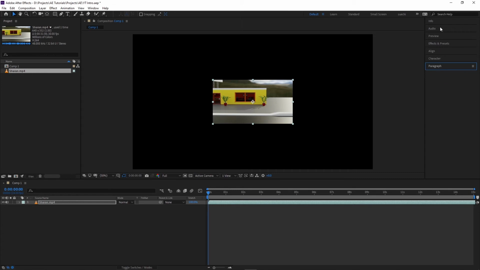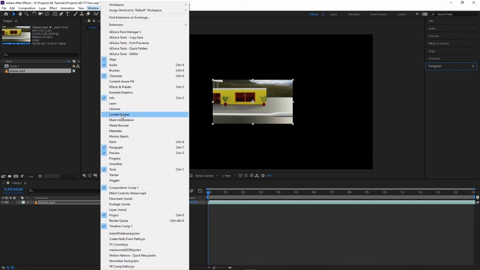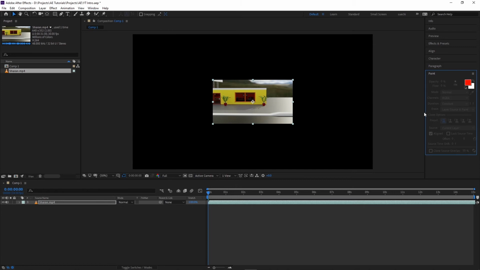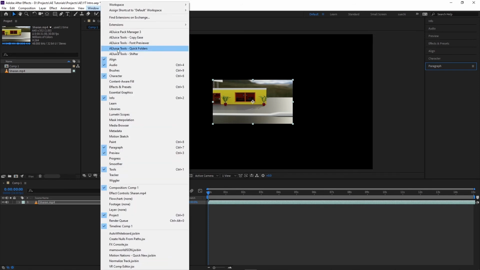So if you're missing any of the panels here, or you want to add any panel, then you can just go to the window tab, and then let's say you want to have the paint tab, so you just click and then it appears here. So go ahead and close that now. And there are a few tabs that I want to add in. So just go to the window, add